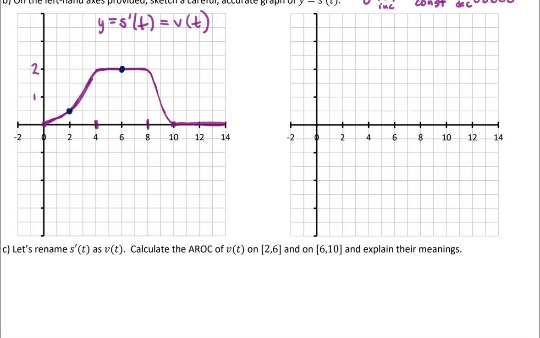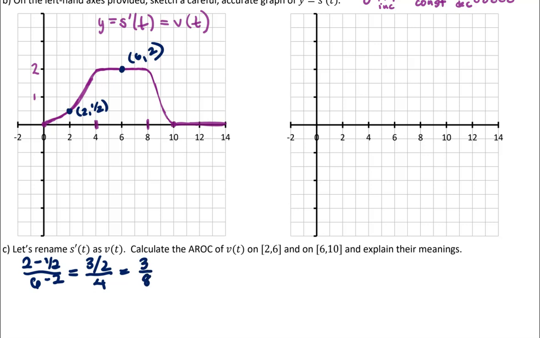I estimated the graph, but I just want to think about a meaning here, so I won't get too worried about that. It looks like we had a y value of 1/2, and then our y value got up to 2. So if we calculate an average rate of change, it's 2 minus 1/2 over 6 minus 2, or 3/2 divided by 4, or